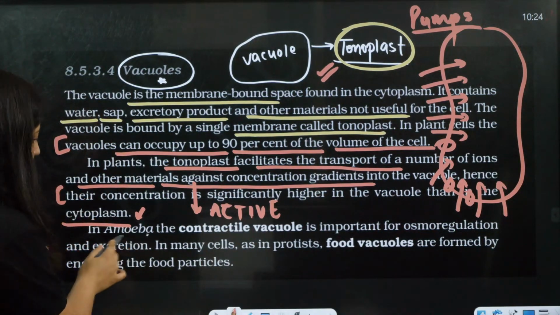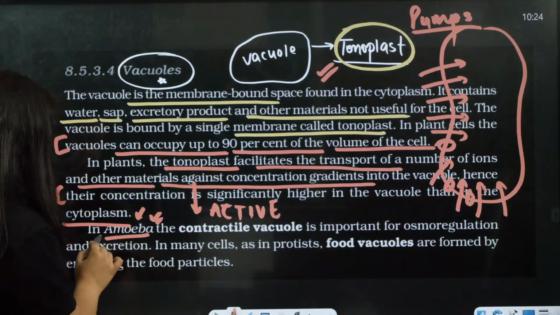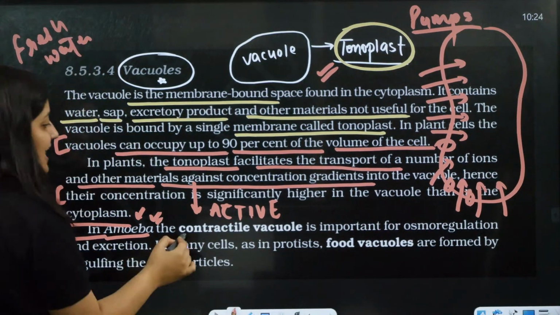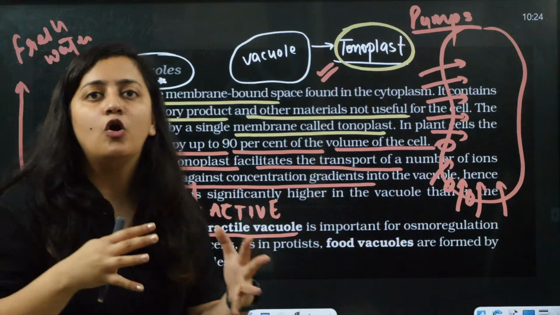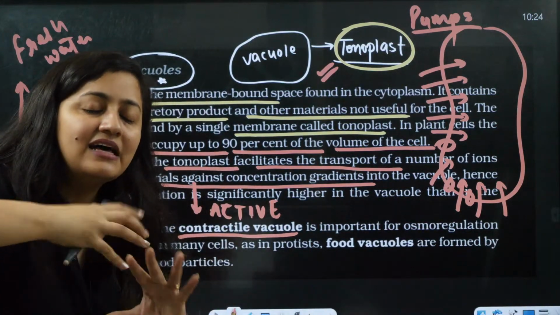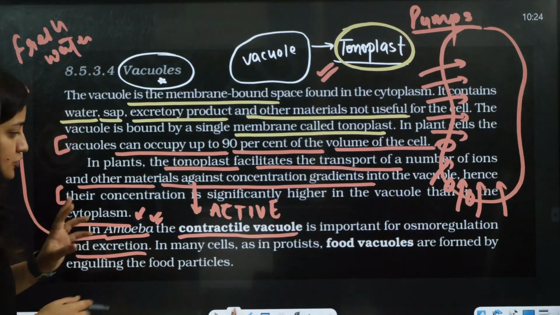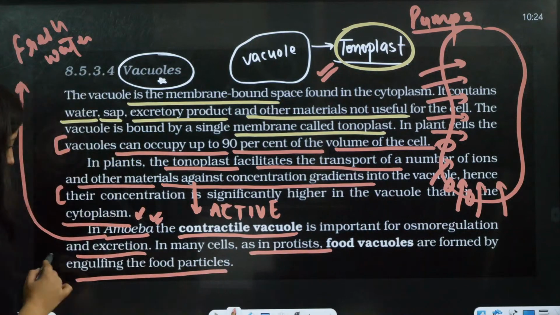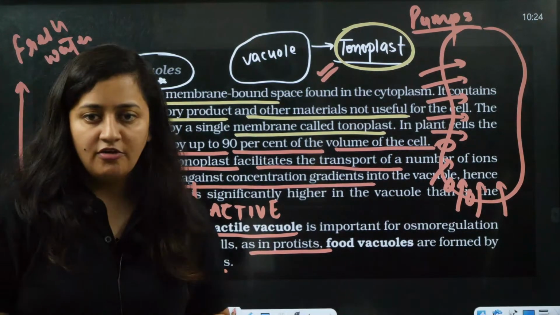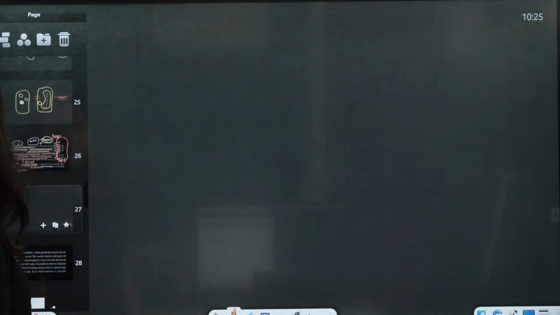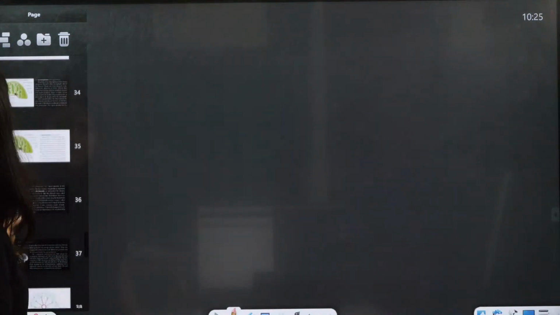Even amoeba, which is a eukaryotic cell and a freshwater organism, has the contractile vacuole. It helps in maintaining osmoregulation. It helps in maintaining the salt and water balance, right? Salt and water balance. Are you getting my point? In many cells, in Protista, food vacuoles are also there, which engulf the food particles. So this is what you need to remember. So this is all about, right, bache? So this is all about your what? Okay, this is all about your, yes,